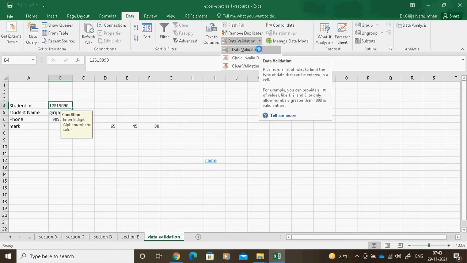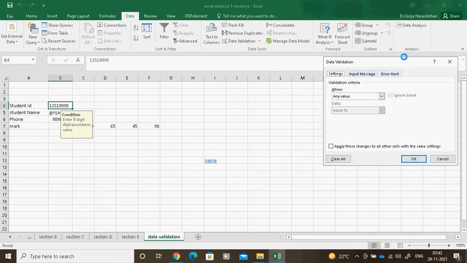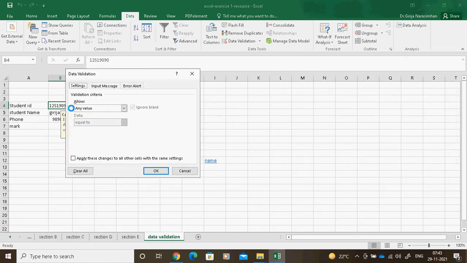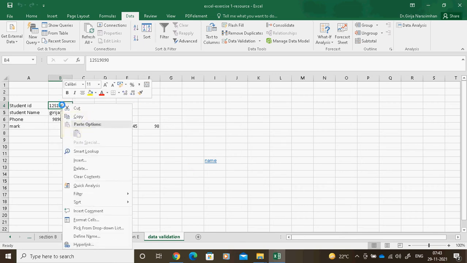So how did I give it? Click data validation here. Can you see here, data validation? Here it is available: any value. This is the data type, the Allow. So what data type? I will allow any value or whole number, decimal, list, date, time, text length or custom. Now I will show you how I did this one. I am just explaining now, after that I will show you.